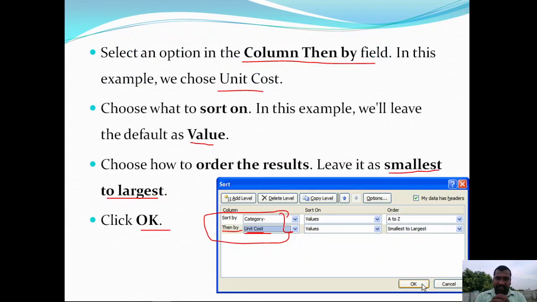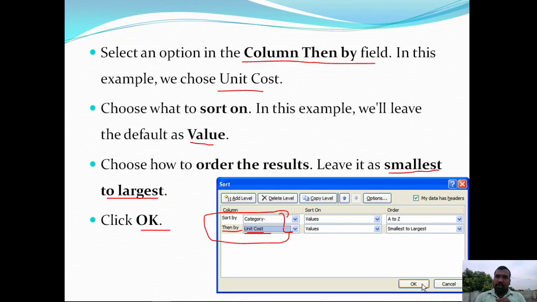Once again I am repeating, sorting is nothing but reordering, shuffling the data by following certain rules. This reordering can be done based on the values available in a particular column.